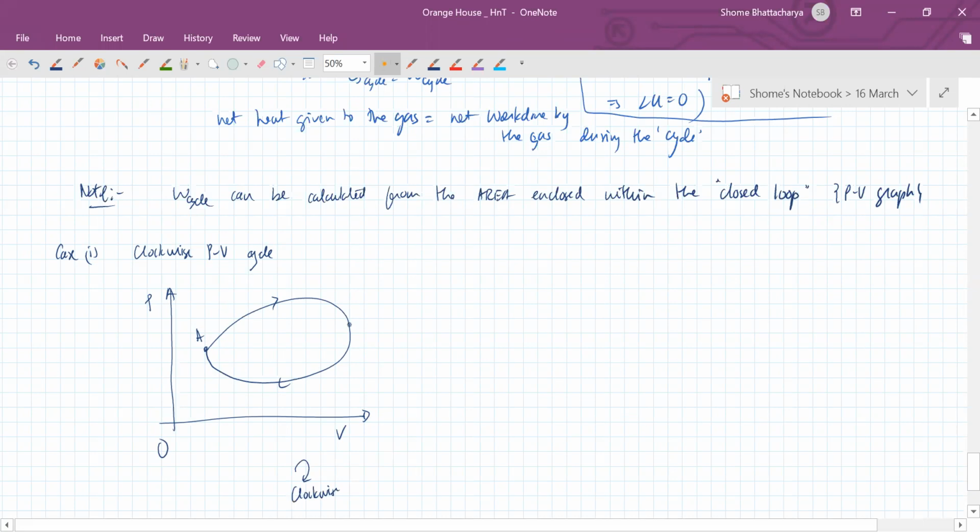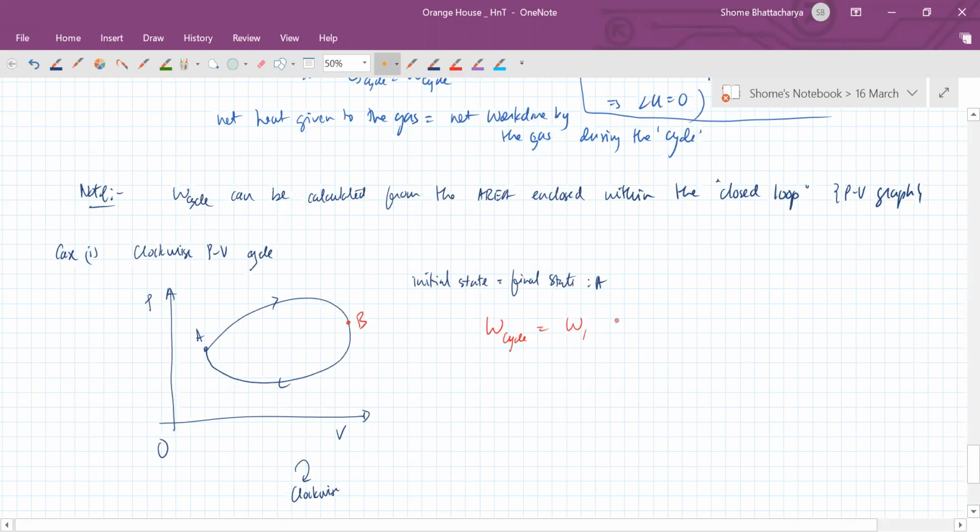Okay. So now let's consider the initial state as the final state. That one is the point A. Okay. So if we consider another point B over here, then you can see